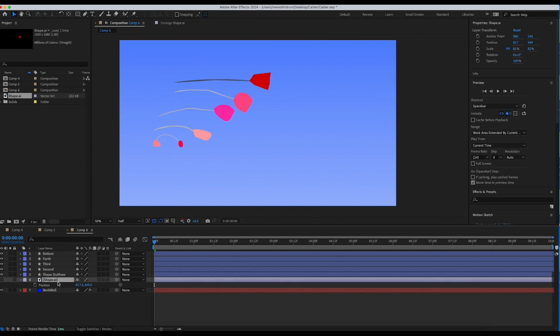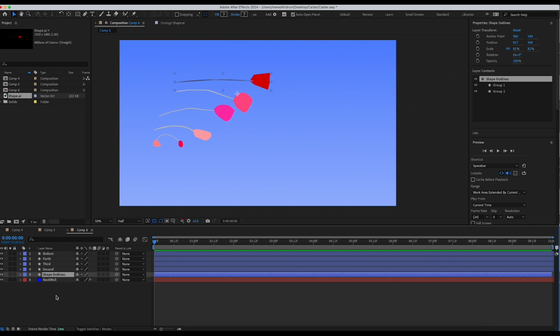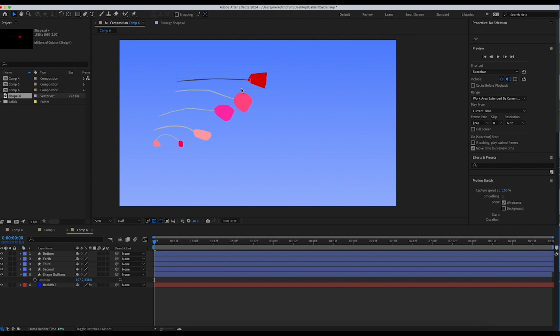We can get rid of that original one that we put in there by clicking with our left mouse and then hitting backspace to get rid of it. And there's our shape layer, and it's now more analogous to these other ones. Okay, so I think I need to change its scale a little bit. I'm going to scale it in a tiny bit more and maybe move its position. Okay, I'm also going to change its color a bit because I want it to match these other ones.